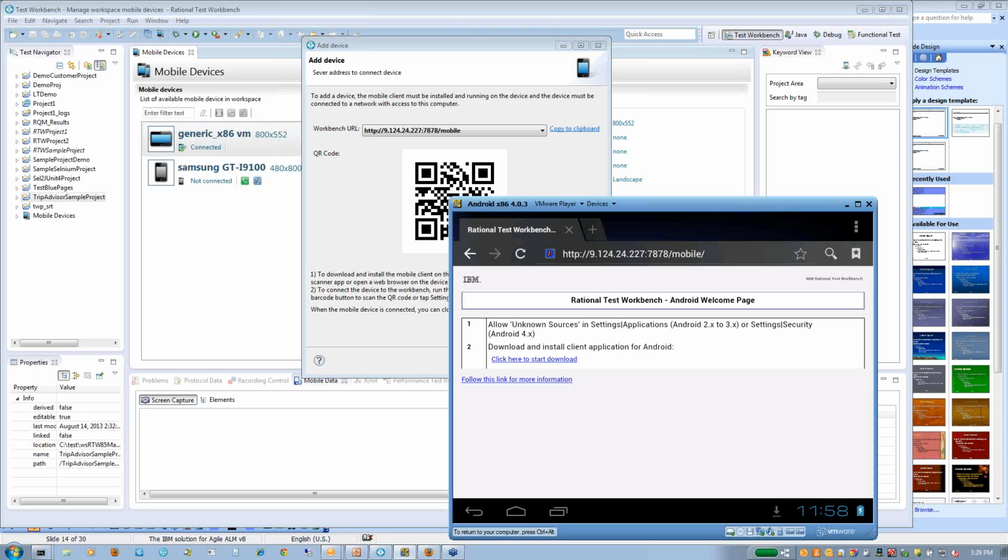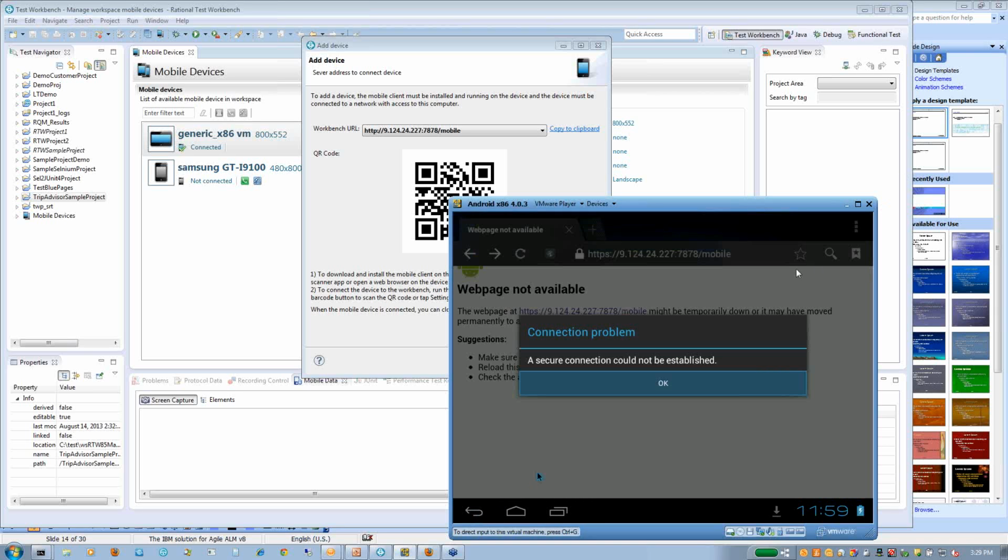Basically, this is what customers do. The customer brings up their mobile device, goes to the Workbench, and wants to add the device to the Workbench. So you go to the device, bring up the browser, and enter this URL. Once you enter the URL, you get this option to download the mobile client. You just download and install it. I'm not doing it right away, but I have already downloaded it. And once you download and install, what you get is